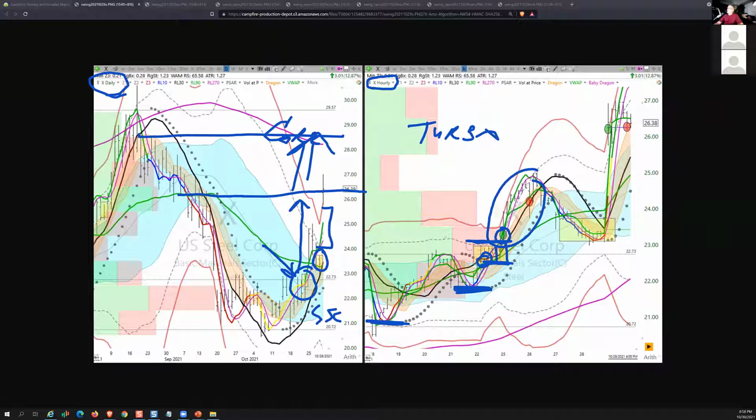He gets his first entry here. It rolls over and then starts failing sharply. So he just takes it at the spine of the dragon and cashes that much of a win against this much of a risk. So that's about 1.5 R. It sells off,